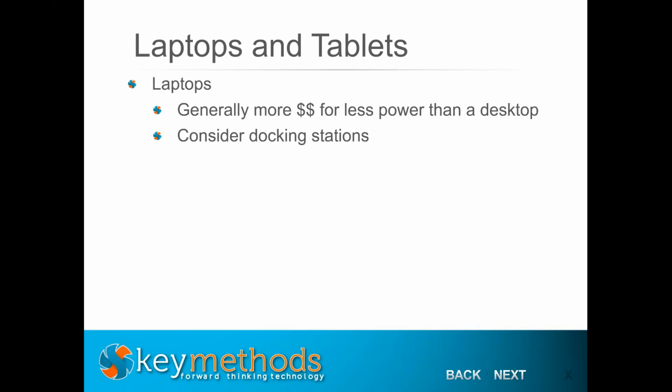So if you can get away with a desktop and you really want your biggest bang for the buck, make sure you're doing that. But if you do go with a laptop, another thing to consider is making sure you've got a good docking station set up so that you can actually use it for a desktop/laptop, and you can almost use it in a 2-for-1 situation. So right here we've got, I think, a ThinkPad Carbon. It's one of the thinner, lighter weight